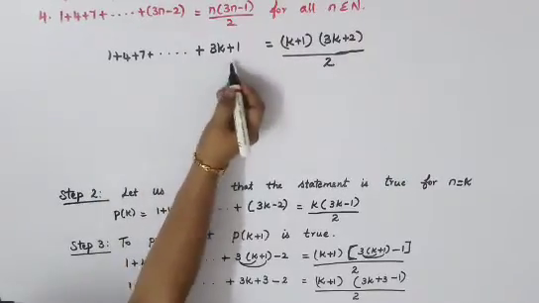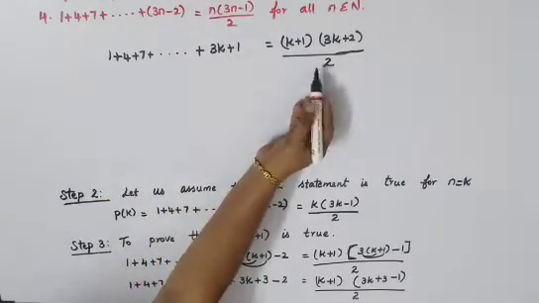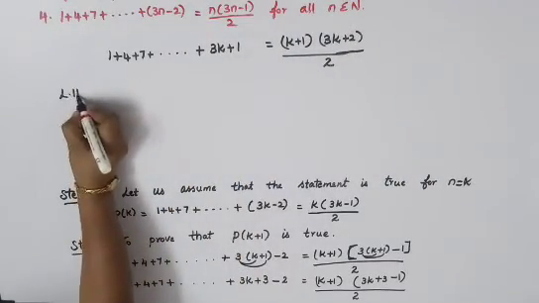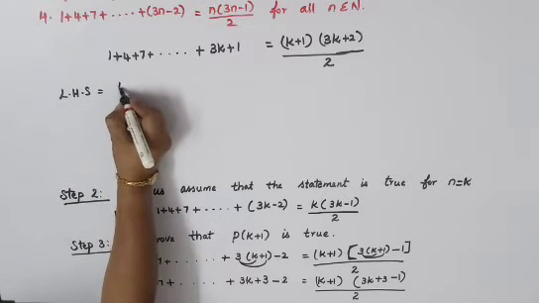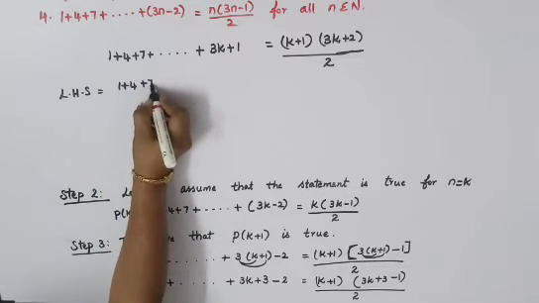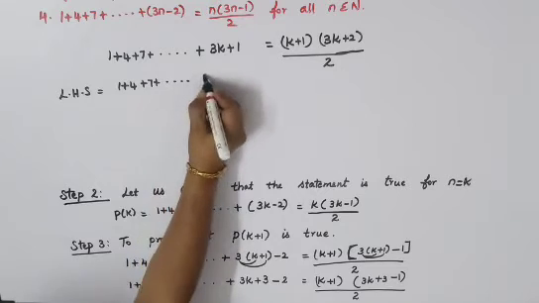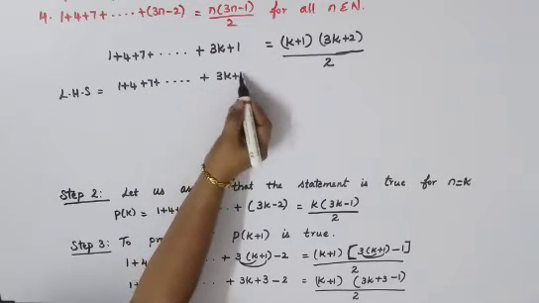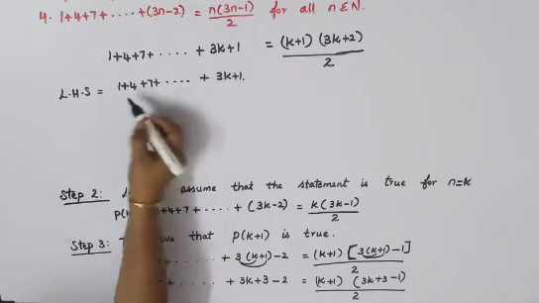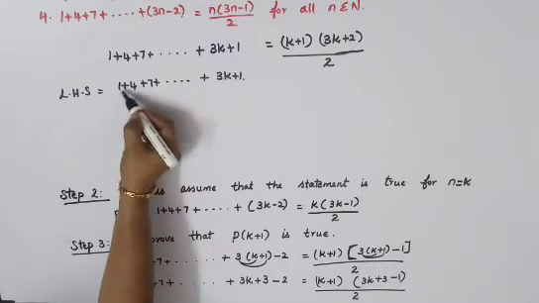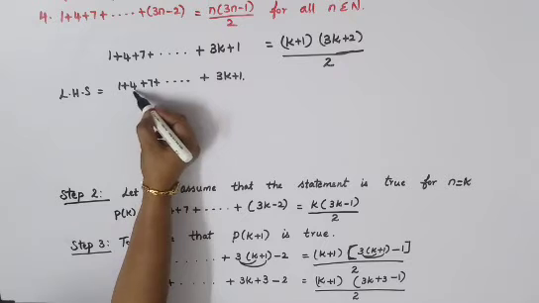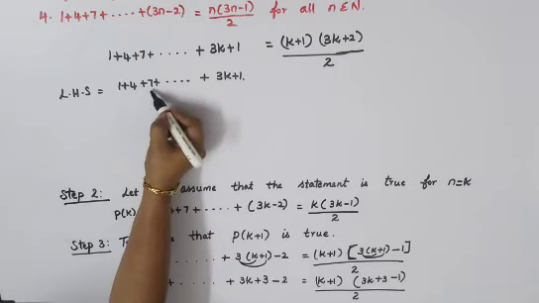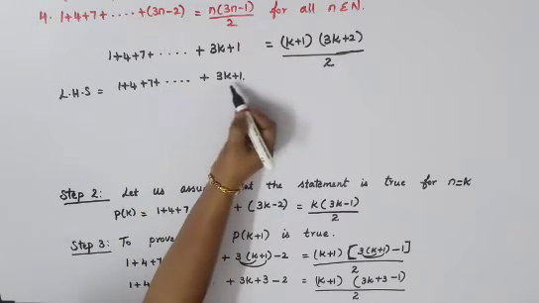So now you'll have to take your LHS and prove your RHS. Okay, so we'll just go with the LHS is equal to 1 plus 4 plus 7 plus etc. plus 3k plus 1. Before this term you'll have to write it. Here just see your difference will be 3. 1 to 4 the difference is 3. Again 4 to 7 again the difference is 3. Here also you'll have to get your difference 3.